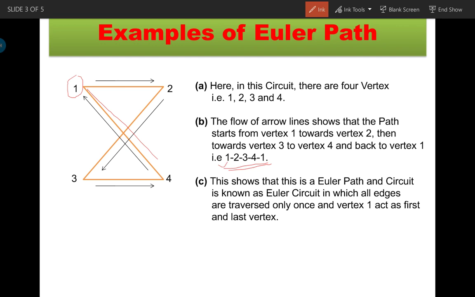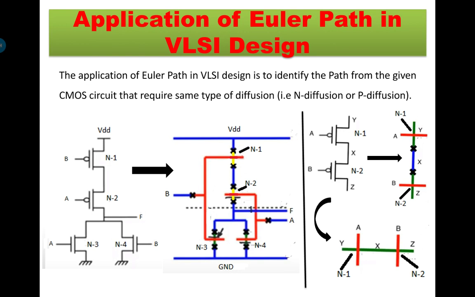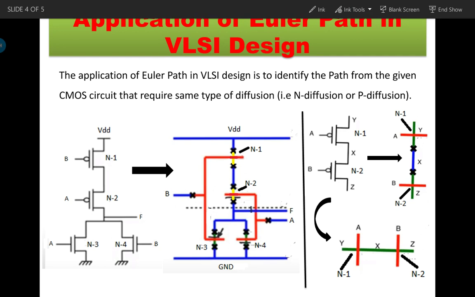Now we will see how we are going to use this concept for designing our analog circuitry. Now, okay. To understand this, let us consider this example, where we consider a NOR circuit which consists of two PMOS connected in series and two NMOS connected in series, right? Now if we want to implement it,